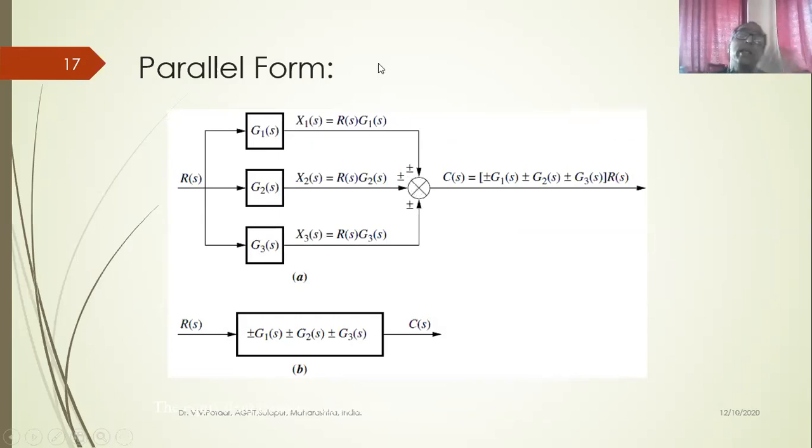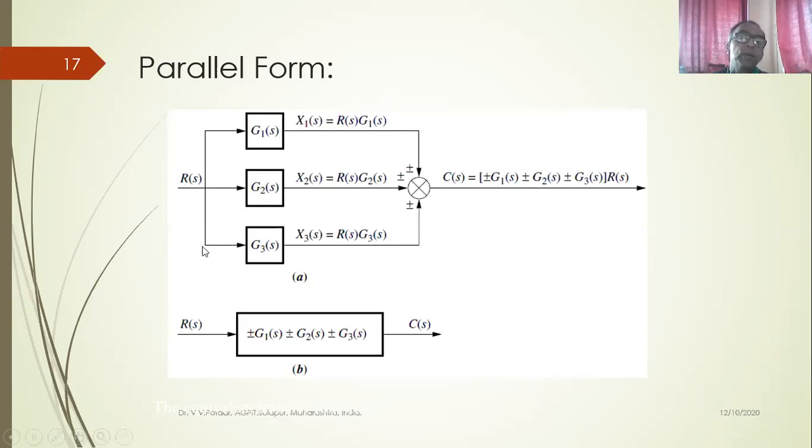In series, the transfer functions were getting multiplied. In parallel blocks, these are either added together or subtracted together. Let us be a bit attentive in understanding these rules of block diagram. Okay, so RS is going straight. RS into G2s is equal to X2s, and it is going to a summing point. Now this RS is going here also. RS into G1s is equal to X1s. So X1s is also coming to a summing point.